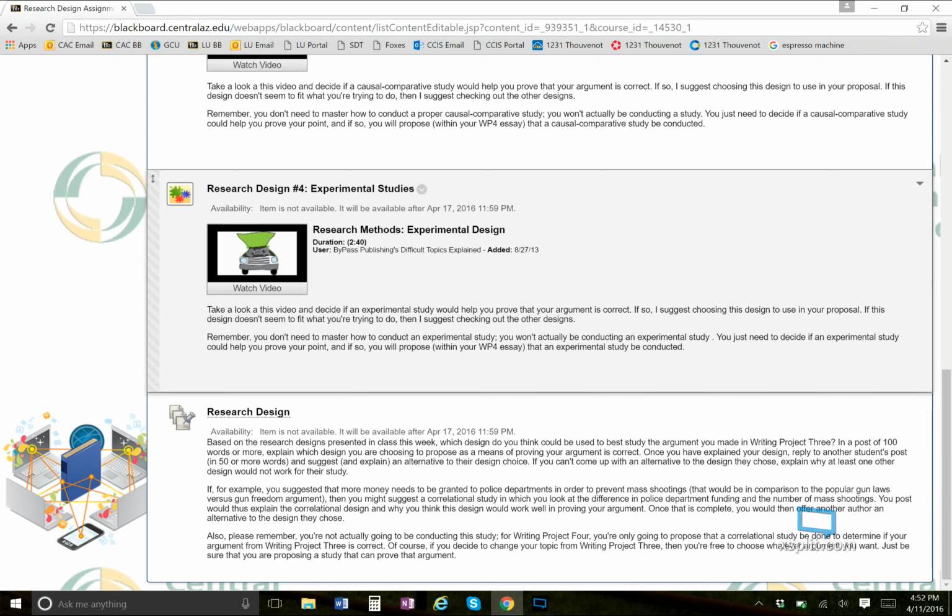But really what you need to do here is just in a post of 100 words or more, explain the design you're choosing to propose in your study, because you're proposing a study. So explain which design you're choosing, and then after you've explained in 100 words why you're choosing that design, go to another person who has posted an explanation, and then suggest an alternative to what they've chosen, and that's just 50 words in your reply. So a little bit more work than most weeks, but this week I think is going to be pretty